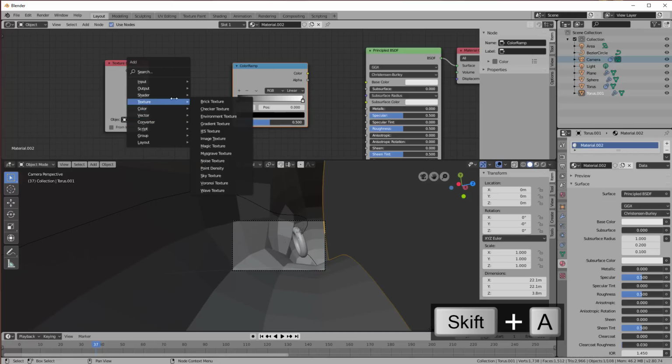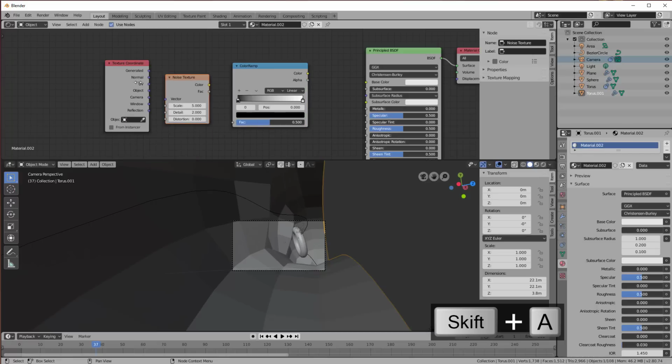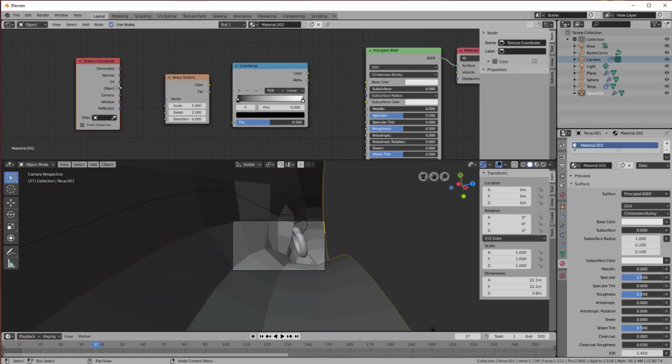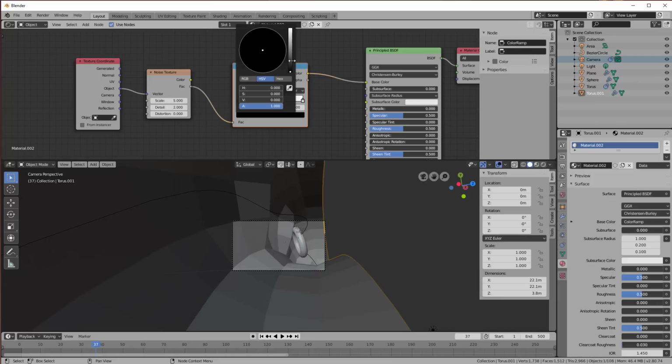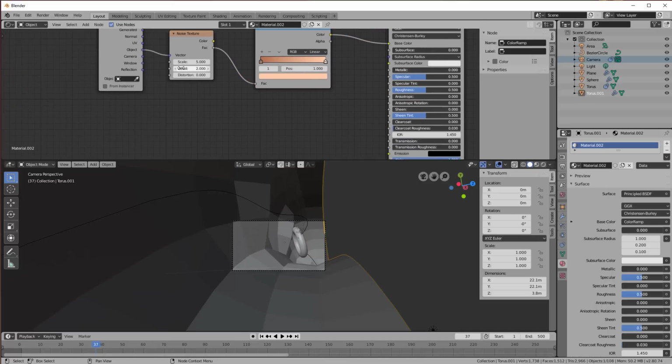It will be a texture, a noise in here, and then I take the object to the noise and the factor to the color ramp and this in here, and then I change this to something like brown, this to something more like that. We can change this a bit,